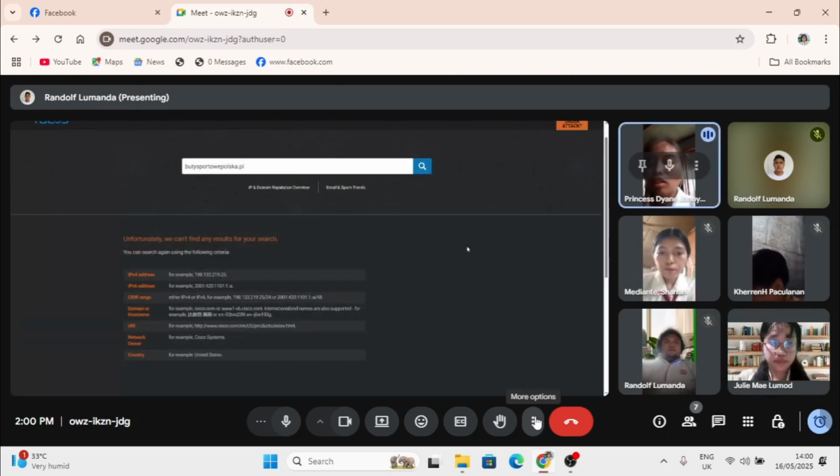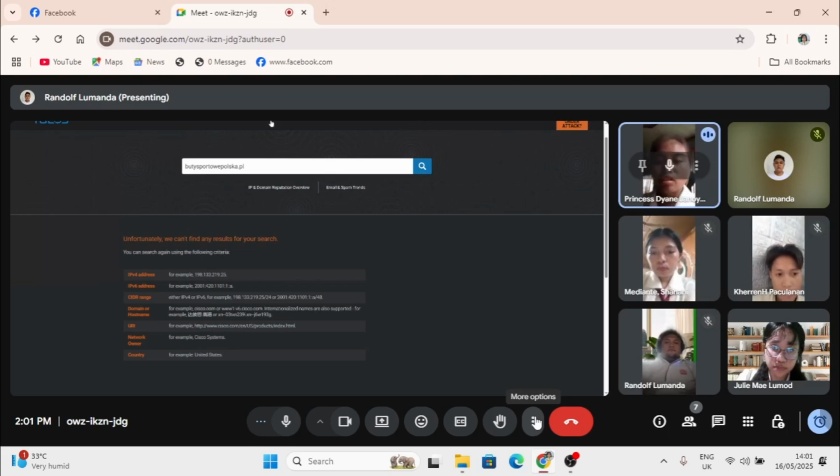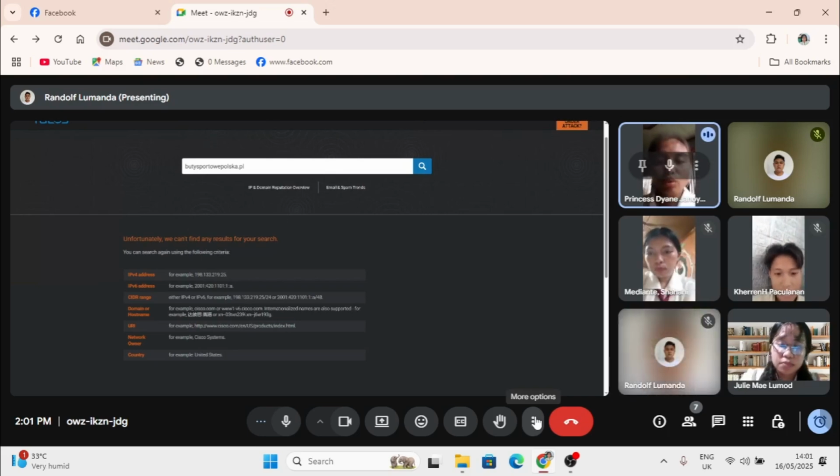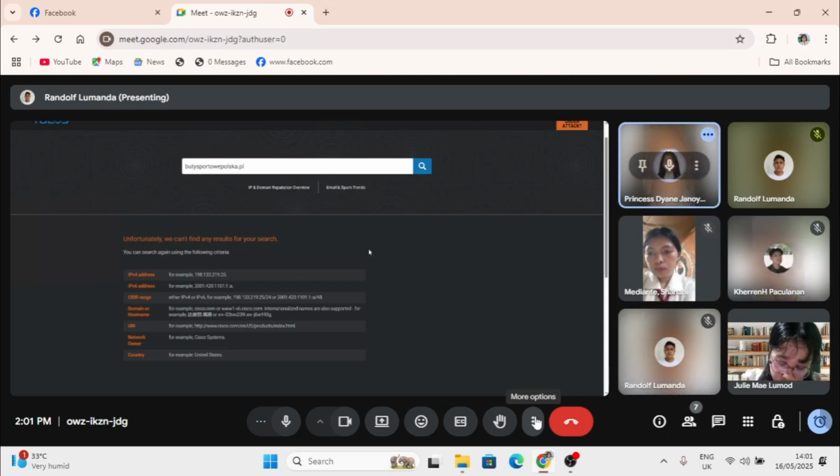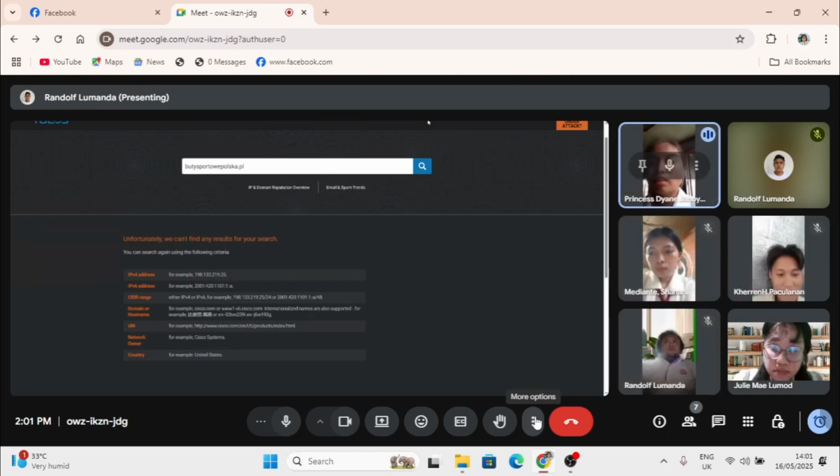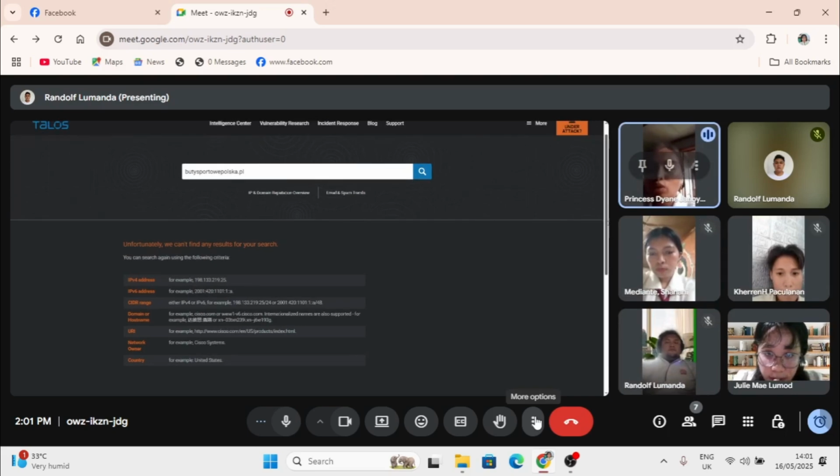Cisco Talos says we can't find results for your search. This means we can't tell if the domain is safe or not. Why does this happen? The domain might be new, it might be rarely used, you may have typed it wrong, or it might be fake. It doesn't mean it's safe. It just means there is no info, so be careful with it.